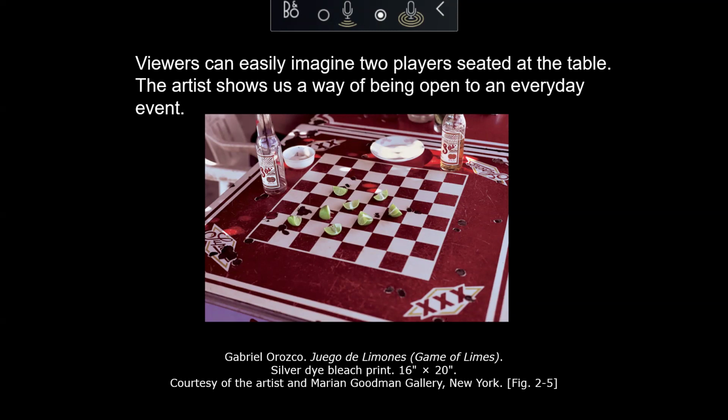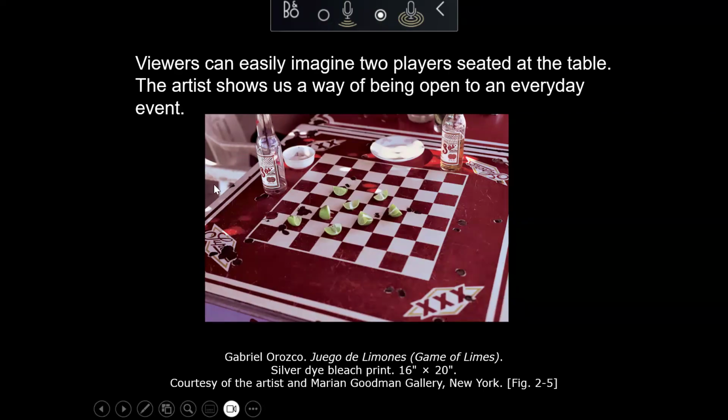I've heard so many amazing different variations of this, from somebody got caught cheating with their game of limes after a night of partying and got shot at, to people saying it was a party and they were shooting at the table for target practice. I've heard all sorts of things, that it's morning time, afternoon, early evening, summer. But if you look close enough, you can actually see that there's drops of blood, there's bullet holes.